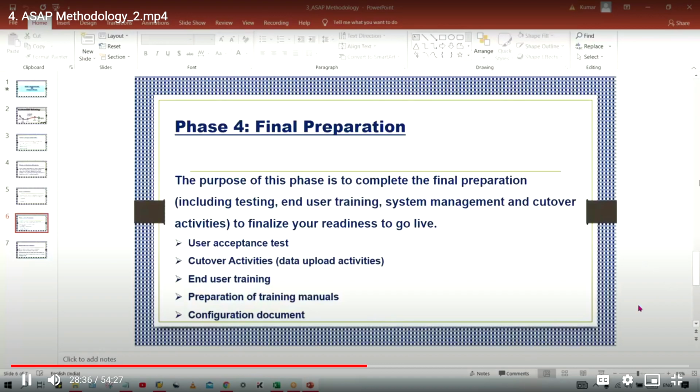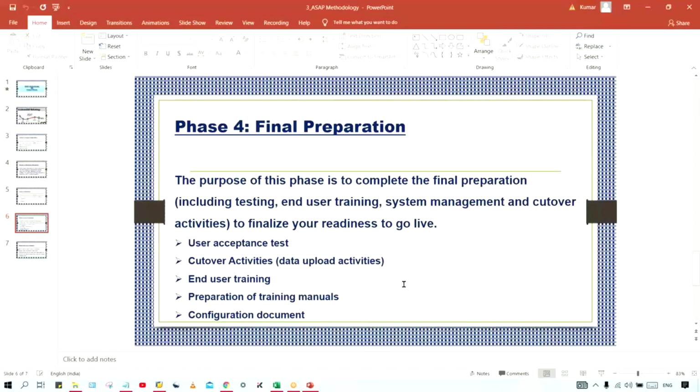Okay. So till now, whatever testing is done, that is, configuration is done by you. Testing is also done by you people only, right? And if you say that now everything is working fine, then the client will not agree until they also test from their end, right? So that is called user acceptance test. User means the employee of Tata Motors, the employee of the client, right?